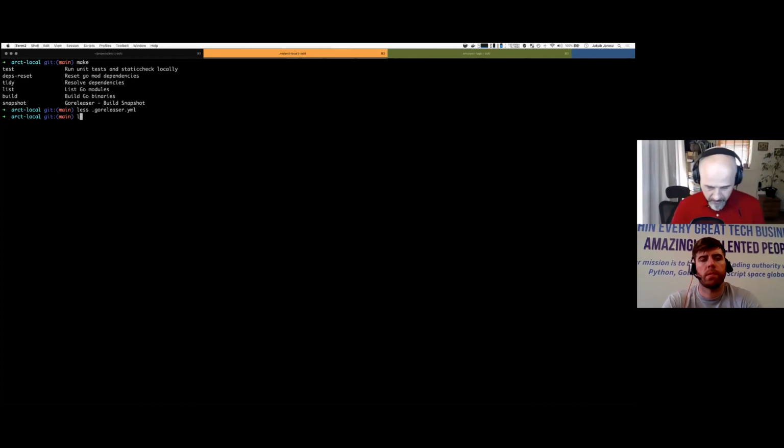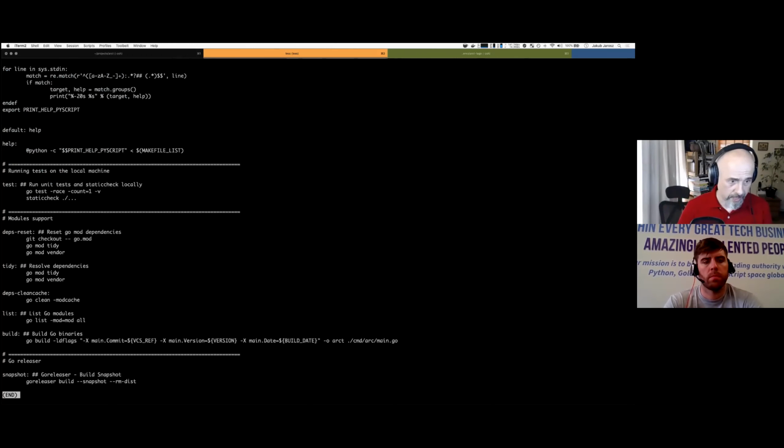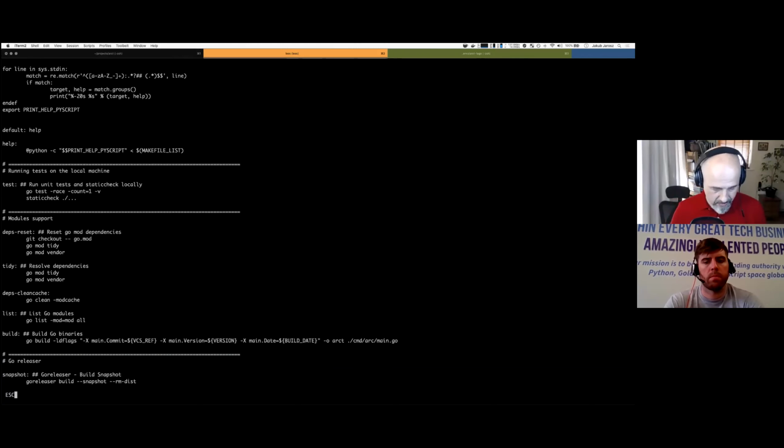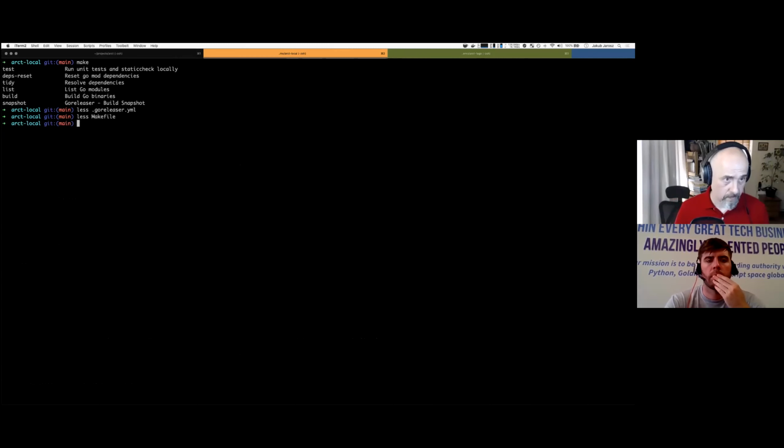So when we look into the makefile and go to the end, I created here the make targets that actually wrap the GoReleaser command. So we have GoReleaser build --snapshot and remove the destination folder that was created by the previous run. So let me escape. So when we run it right now,